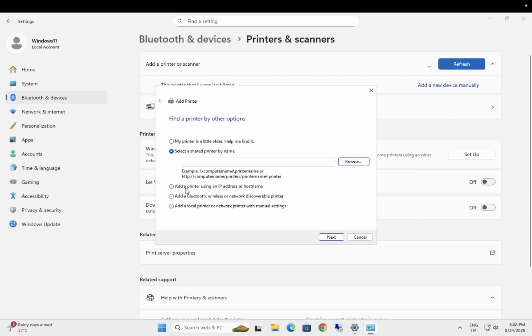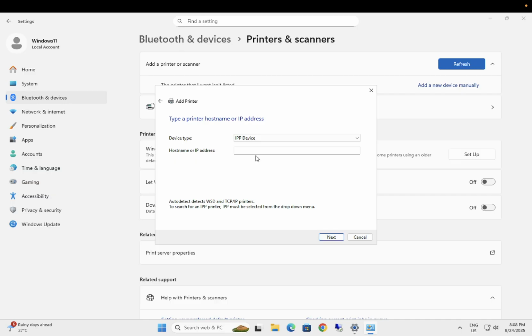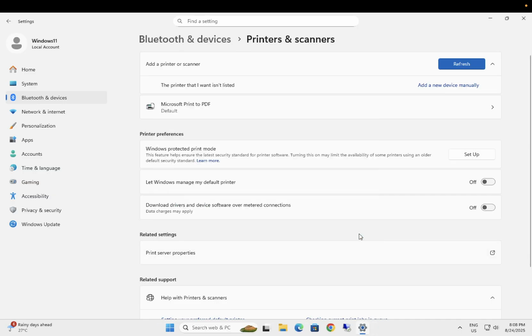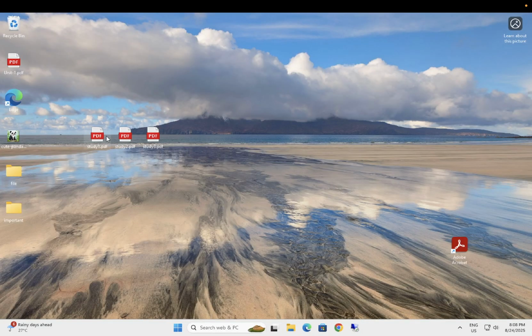Also you can do it with the add printer using an IP address or hostname. Just click on that option and you can select your printer IP here. Once it is added, just close this and close this also,